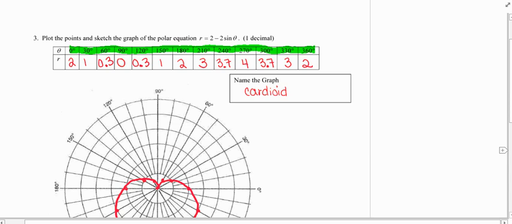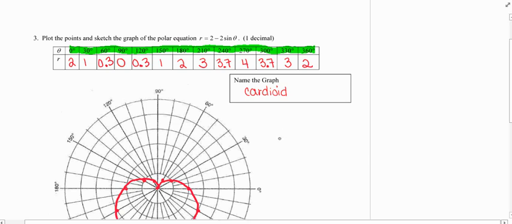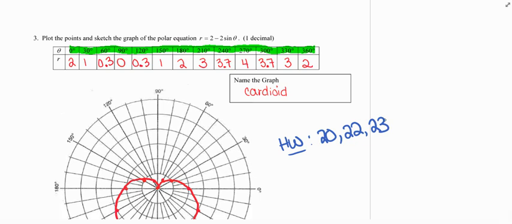Your homework for tomorrow is going to be to draw the polar graphs on pages 20, 22, and 23. If you're having questions or if you have difficulties or if you just want to say hi, feel